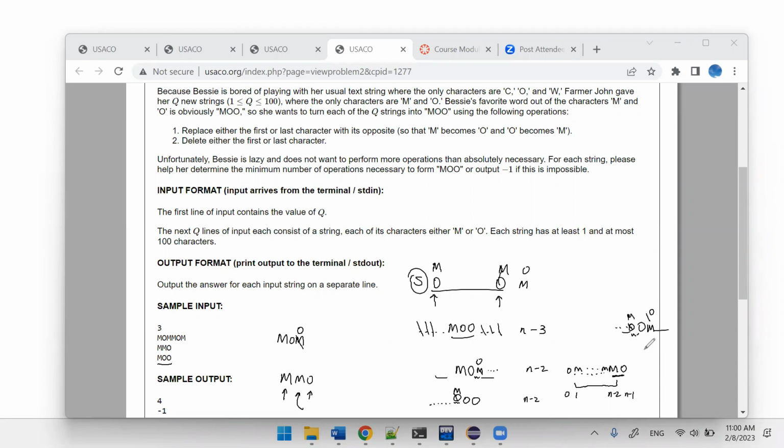So that's n minus 1 operations. Actually, this would be kind of similar to what we have here. If we have OO, MO occurred at the very end, OO occurred at the very front. You do have OO here, but you only have O as the first one. So you can change this one here, but you cannot change